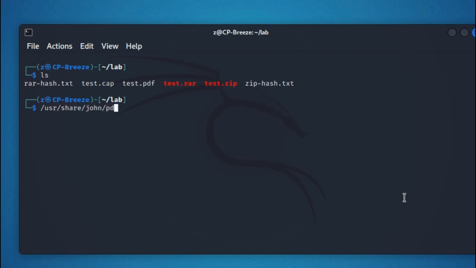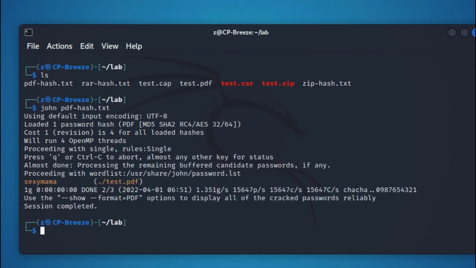Let's convert now the PDF file by running a Python script. You can see the location on the screen. pdf2john.pl and the file that you want to convert, greater than and the hash name. Then run john space and the hash file and let John do its thing, and as you can see, it